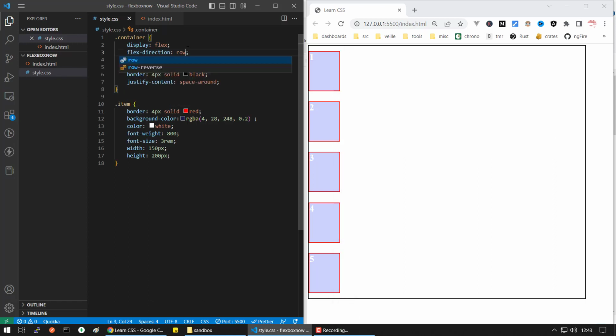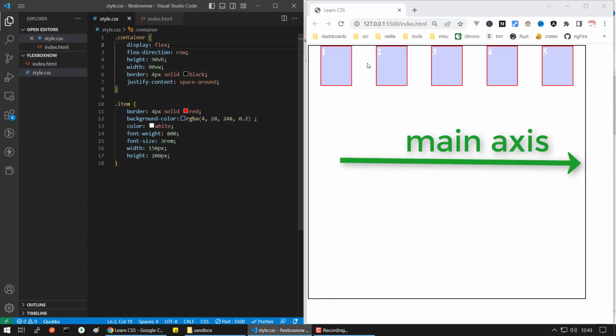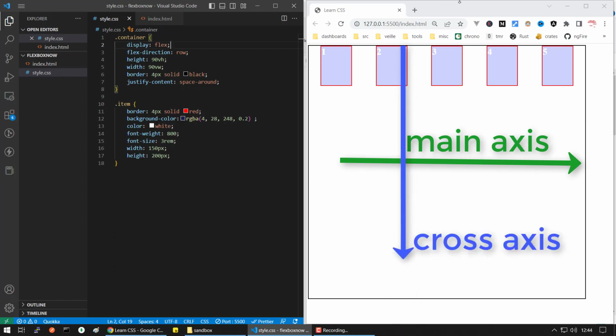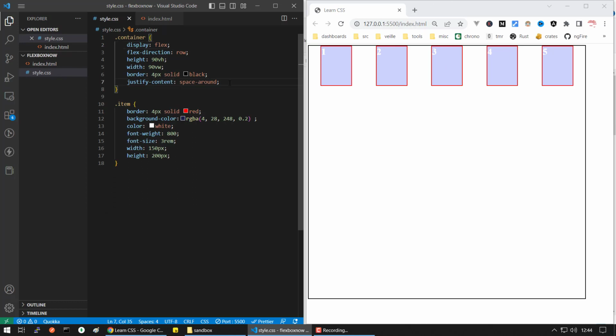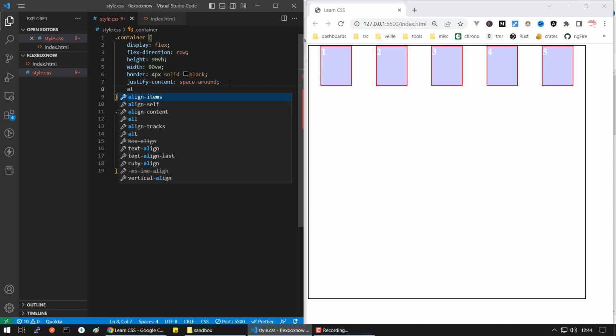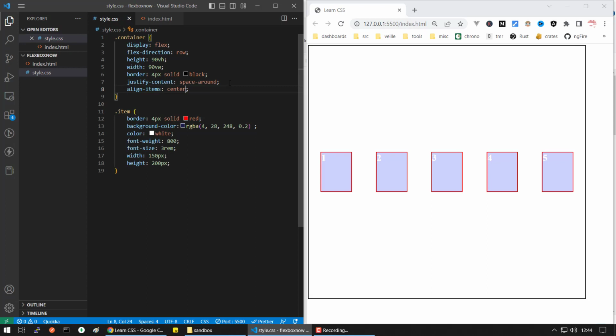But let's go back to the flex direction of row, because now we saw that justify content acts on the main axis here from left to right, but we can also align things on the cross axis. Why is it named cross axis? Because it's a 90-degree angle with the main axis. So the cross axis goes from top to bottom, which means if you want to align things vertically, you just have to use align items, and then again you can use either flex start, which is equivalent to what we have. You can use center, or you can use flex end,